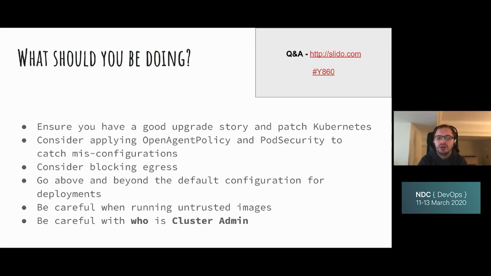Using things like the open policy agent and pod security to enforce that certain features can't be used, and enforce that only things from certain, trusted places can be deployed. We can then do things like kube-bench to make sure that misconfigurations haven't been accidentally applied, to ensure that we are on a good foundation. We can go a step further to make sure that we block egress, so that if an exploit does happen, they can't steal the data or connect to a remote service, to try and mitigate how much impact